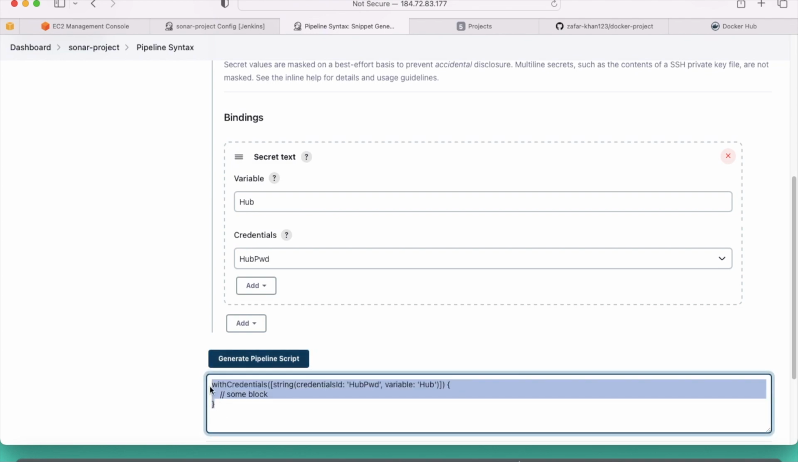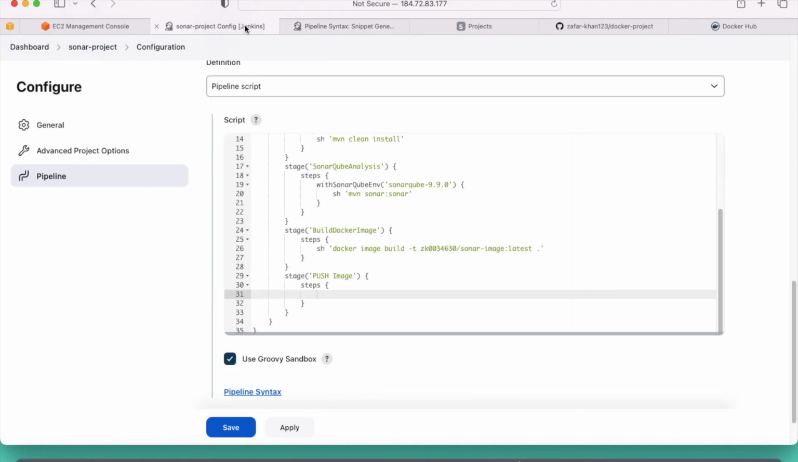So just copy this one and go to our Jenkins pipeline and steps here, just paste over here. So let's do some alignment. This is under withCredentials. This is not required, so you can remove this one. Okay, and now what we will do, under this one